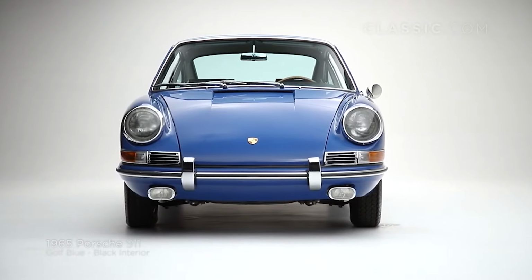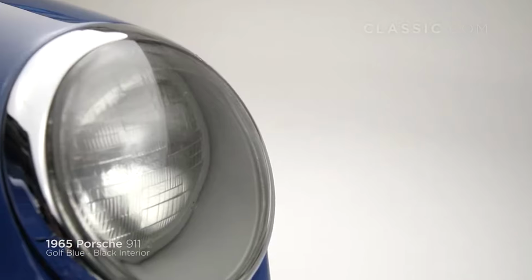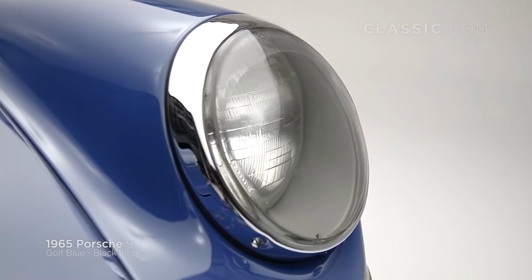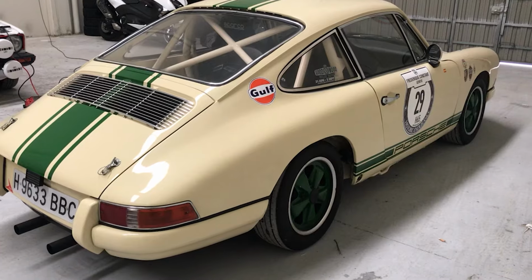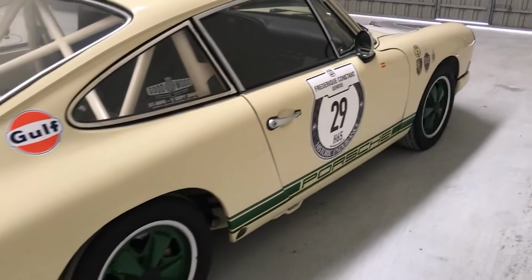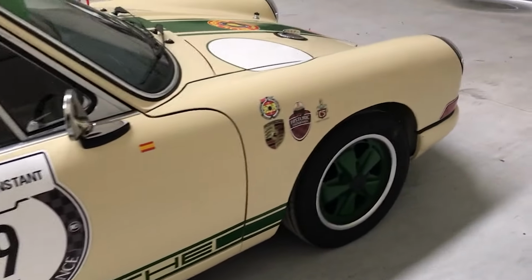You see, in the 1960s, Porsche realized that the rear-engine 911, while brilliant, was slightly suicidal at the limits thanks to its tail-happy weight distribution. Instead of moving the engine, because God forbid Porsche ever admits to a design flaw, they decided to refine it. The result was the Mezger Flat 6, an air-cooled, dry-sump engine that would power every great 911 for the next